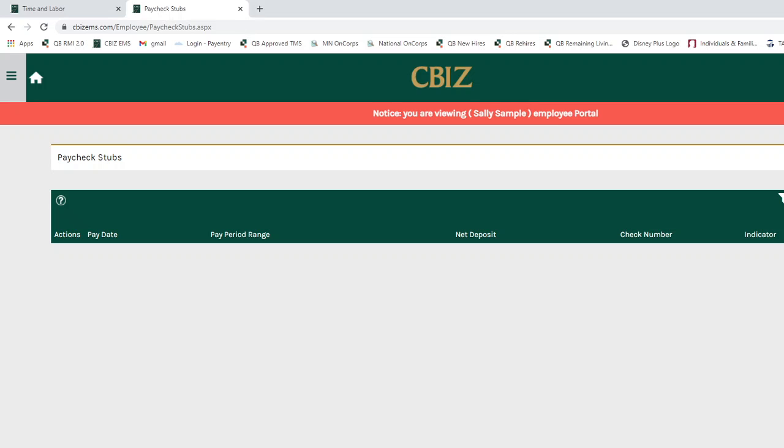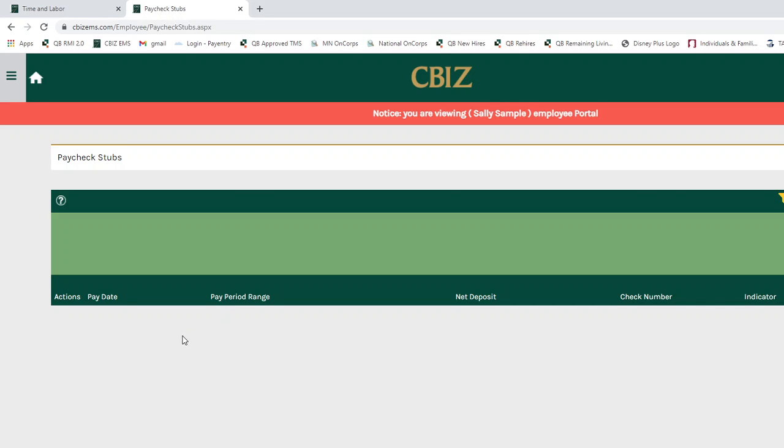You'll click on this, and it will give you the last 2 to 3 months of pay stubs. It is going to be a white document that shows kind of like a PDF right over in this section under pay date. When you click on that document, it will list all of your earnings, your deductions. We encourage all of our employees to look at their pay stubs to ensure the proper amount of taxes are coming out, that if they have benefits, those deductions are coming out, and of course ensuring your overall pay is